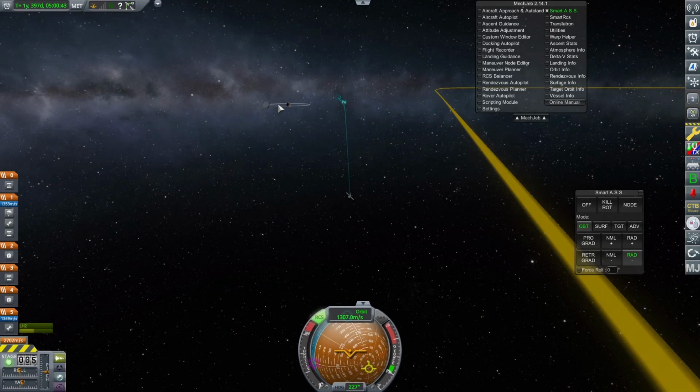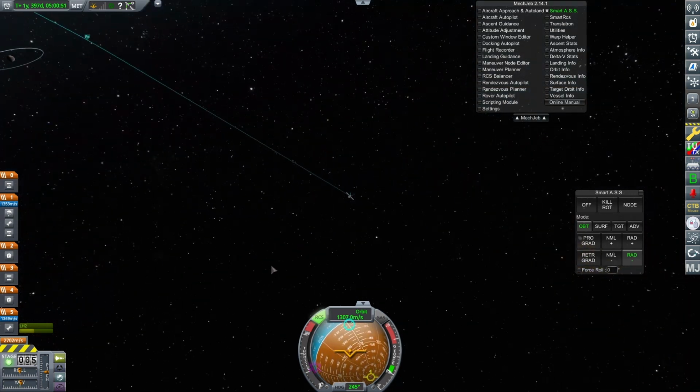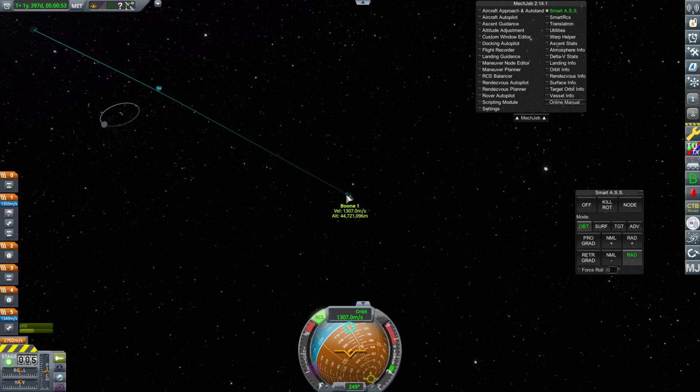And so here we are, about a year later, and we have arrived at Duna orbit. The only issue is that our periapsis is extremely high. So as you can see there in the Smart Assist node, I have gone ahead and ordered my spacecraft to